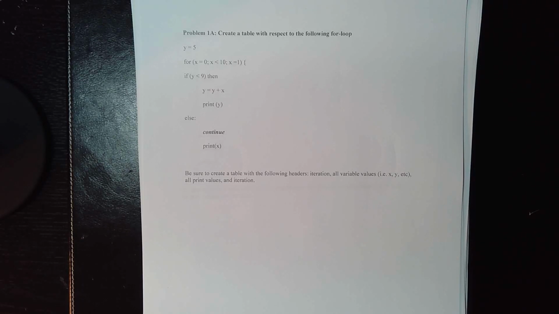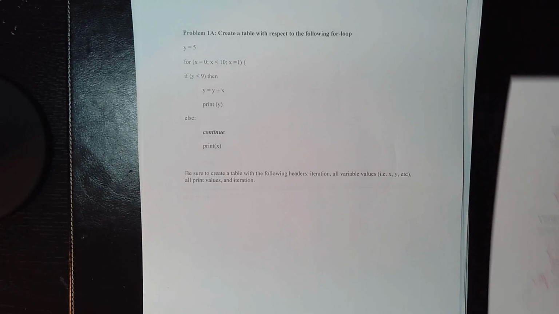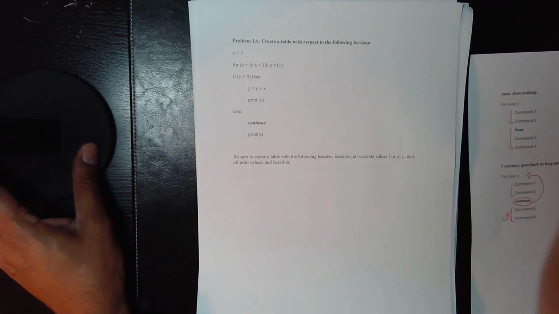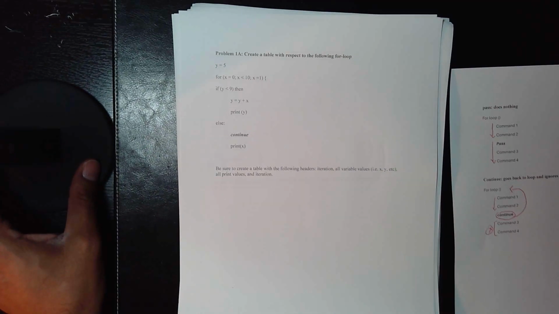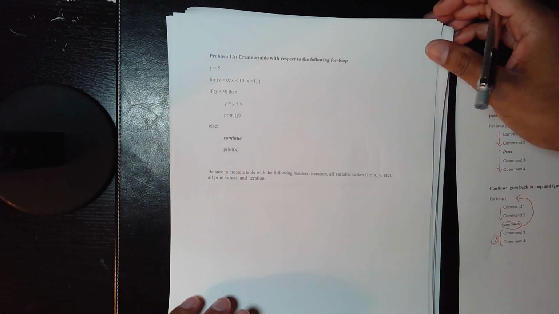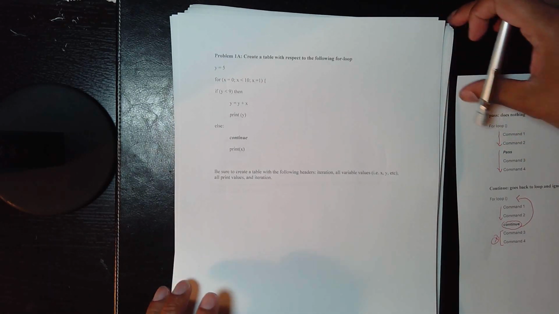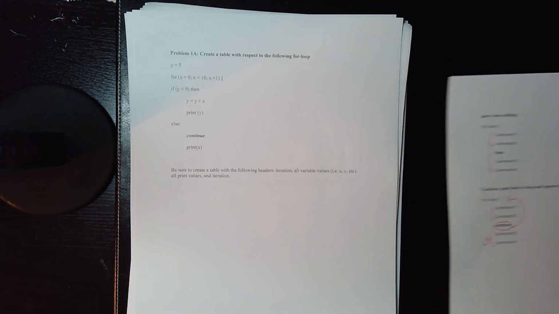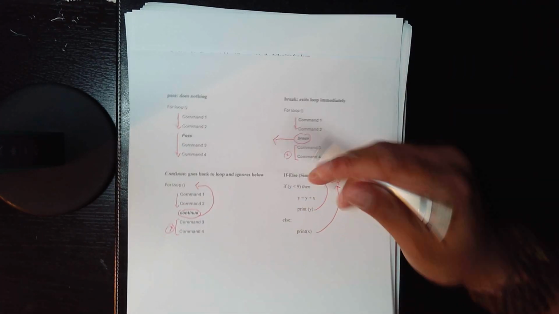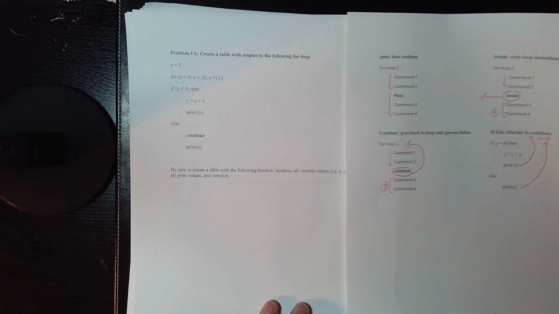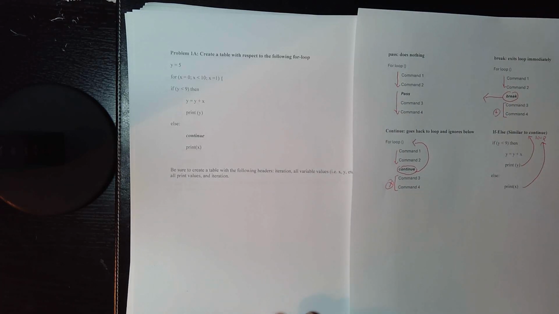So let's go over your previous quiz, and then I'm going to show you how to compare it to the previous template you made with your continue, pass, break, right? So using this, you will analyze your loop. Okay. So the first thing you want to do is create a table with all variables and all your print